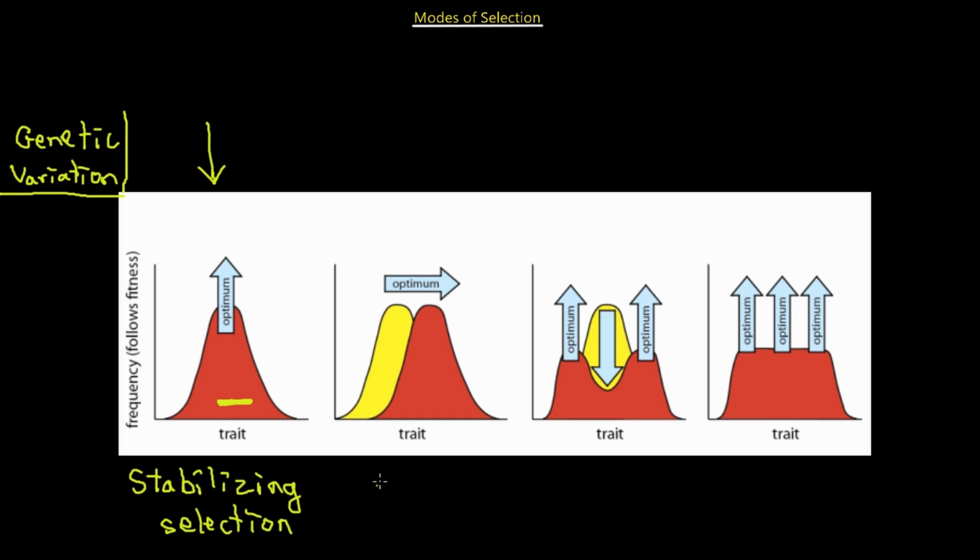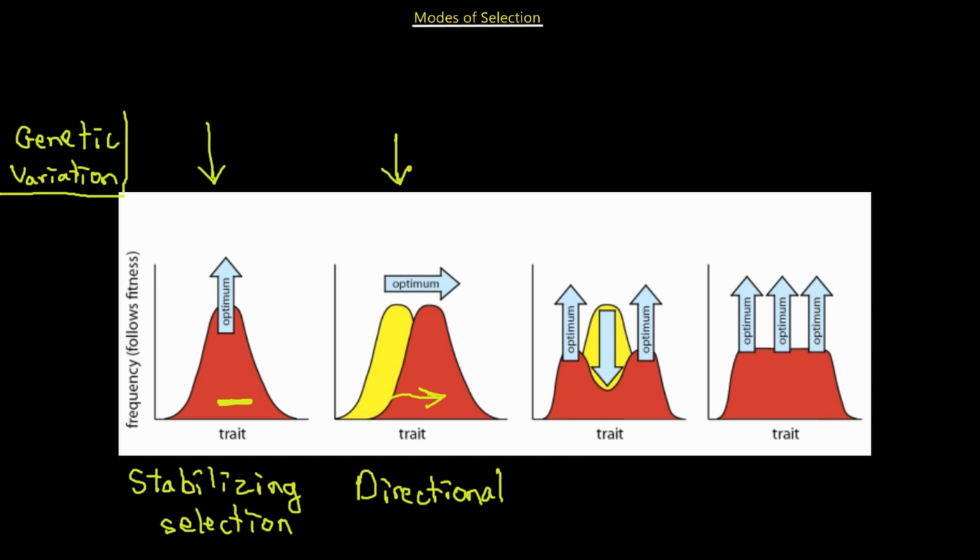Now looking at the other selection, the one that's pushing it to the side. The yellow here is what it was, and now this one is what it has become. This type of selection is called directional selection. The effect on the phenotype that directional selection has is that it favors one extreme phenotype, causing the average phenotype in the population to change in one direction. It reduces genetic variation once again because it's simply focused on just the one type of allele that is able to survive, or the one type of